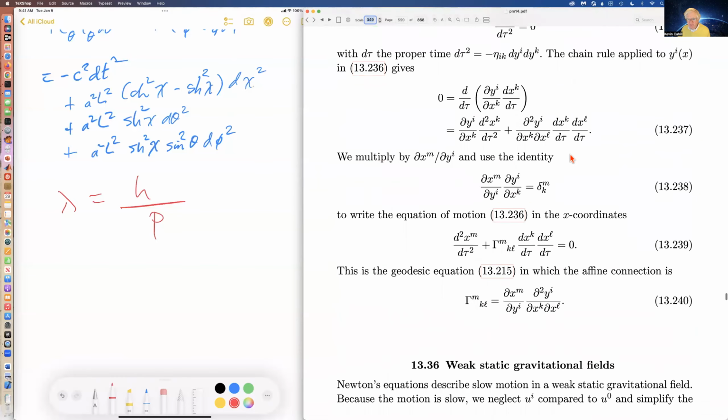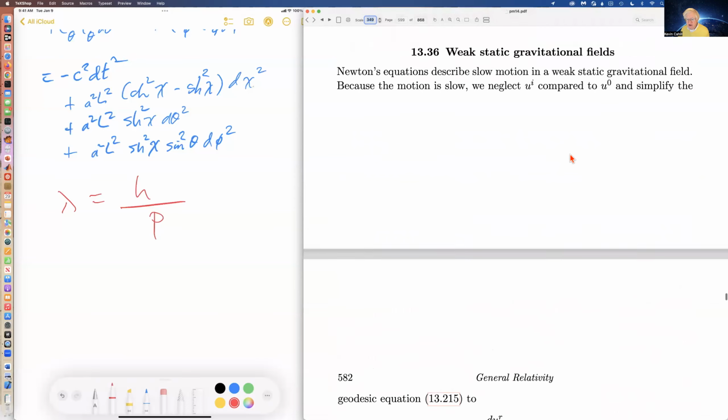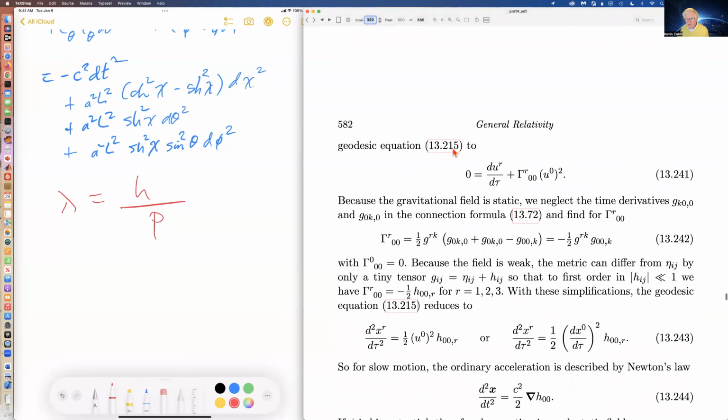I think I'm going to skip this and just go to weak gravitational fields. So if we take the equation for a freely falling particle in a weak gravitational field,